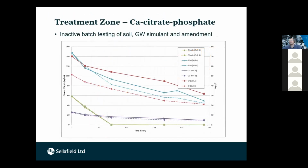So now I'll move on to the calcium citrate phosphate amendment. That's to try and get some apatite formation sequestration in the ground. We kind of followed some of the tests that we'd seen in the literature. To start with, we looked at just trying to get some apatite to form in some